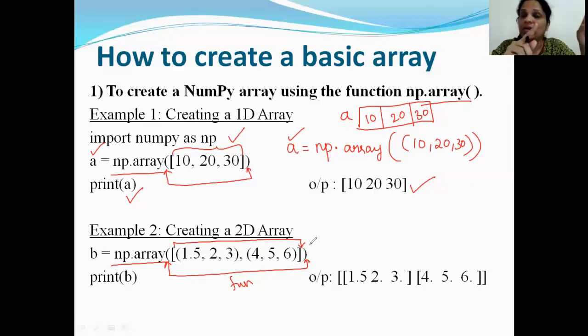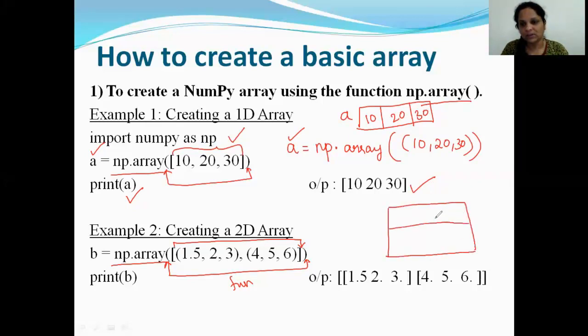It would become a one-dimensional array. Remember a 2D structure was something like this, consisting of rows and columns. So you have to inform Python that the first bracket here refers to the first row and the second bracket here refers to the second row.